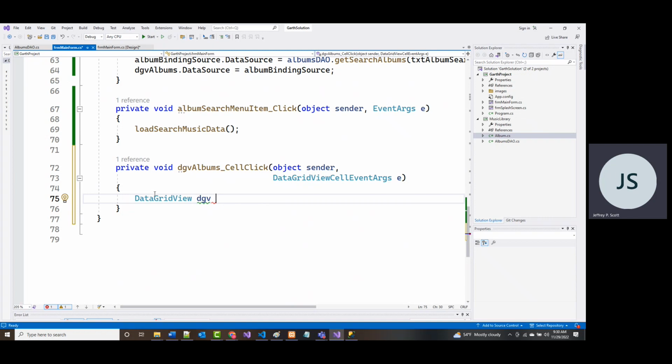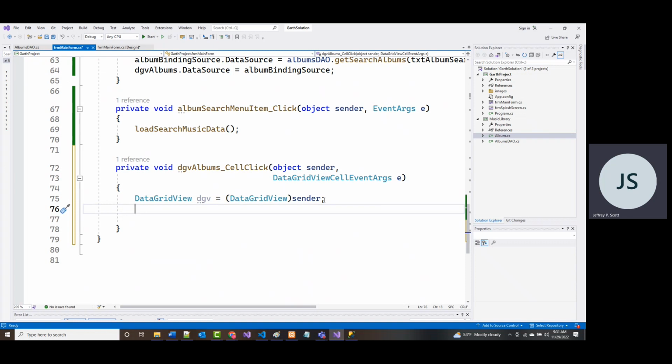All right. So I've got this, and then I'm going to say equals. This is going to give me an error. I want to say it equals sender. Okay, it's giving me an error, and it's because I'm trying to mix apples and oranges. This is a data grid view, but sender, which is right there, is an object, and they're not the same exact type. So I have to cast this and say here data grid view. I have to cast it into that, and notice now it works. All right, that's the first thing.